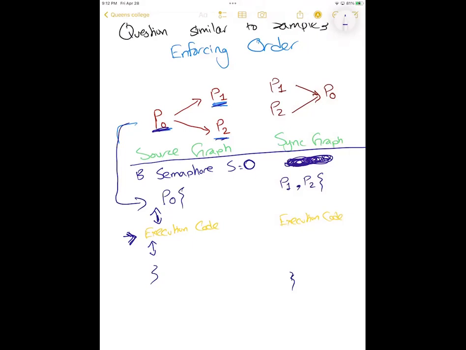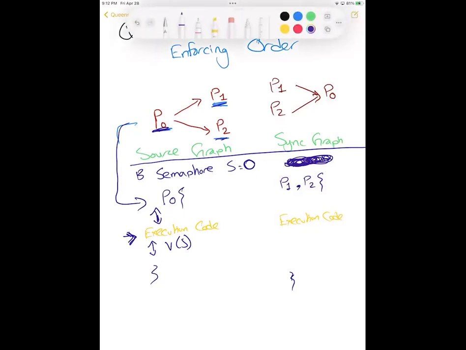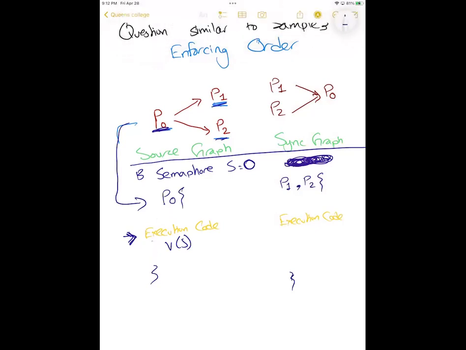I need to put V of S. The reason I put V of S over here is that once this is done running, when the code is done running, I need to let the computer know that the semaphore